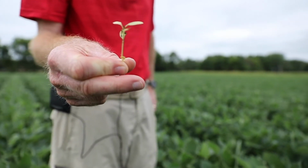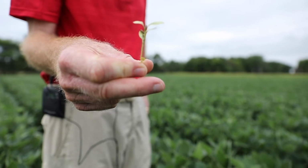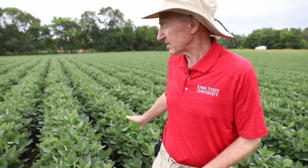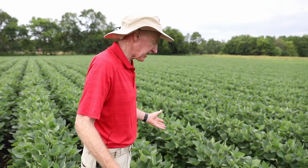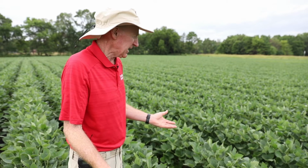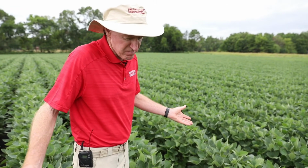One of the reasons that pre-emergence programs often fail is they don't get rainfall to activate them. But if we look how clean the rest of the field is, I'm pretty sure this field had adequate rain to activate it. But this area may have just had a higher population of waterhemp than the rest of